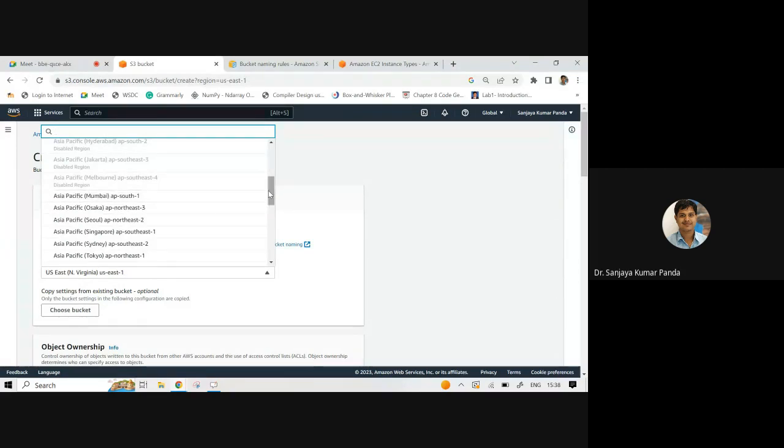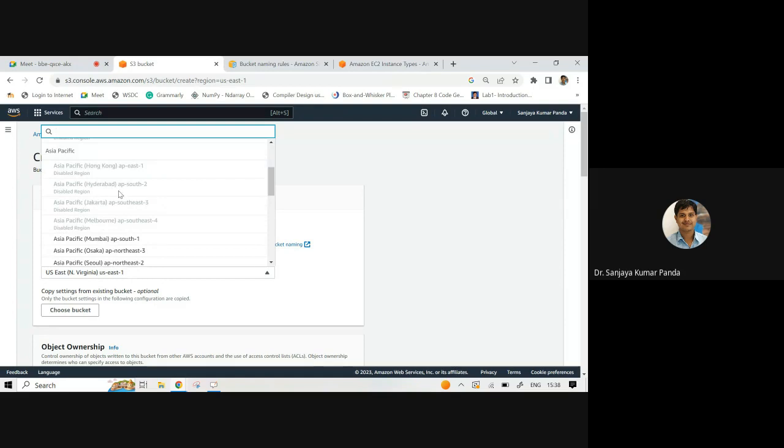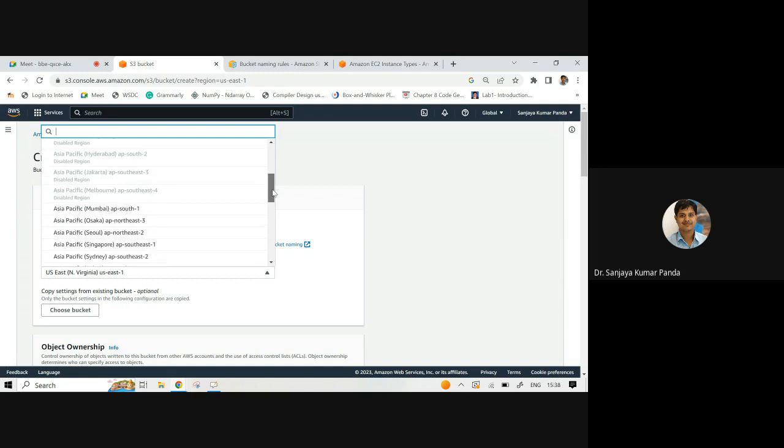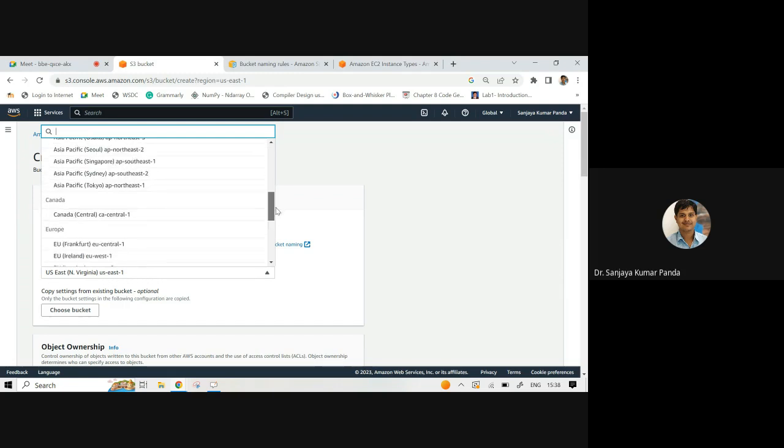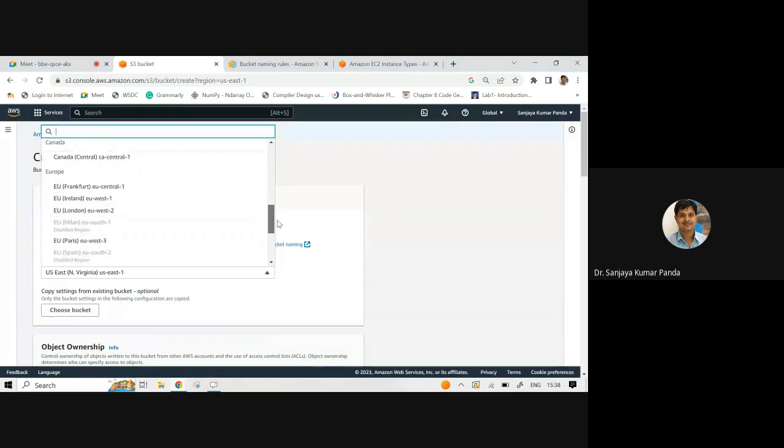Very soon they want to launch another region in Hyderabad, called AP South 2. Amazon has already announced this region, but it is in a disabled state now. You will find only 2 regions in the Indian context. Similarly, Canada has one region, Europe has some regions, the Middle East has some regions but disabled, and South America has one region.